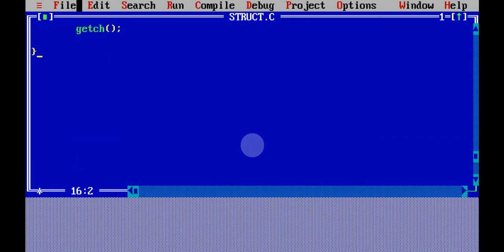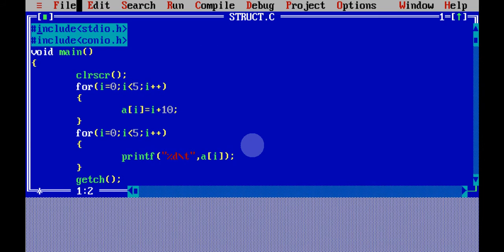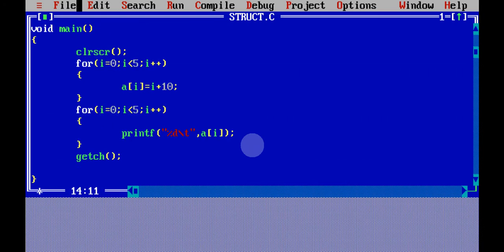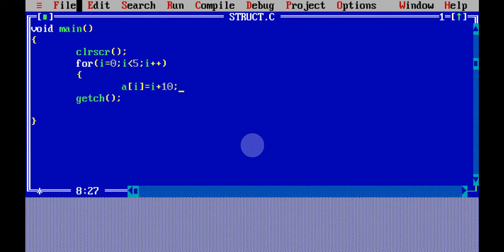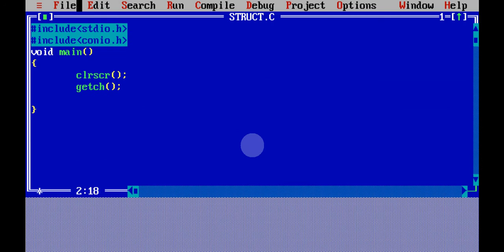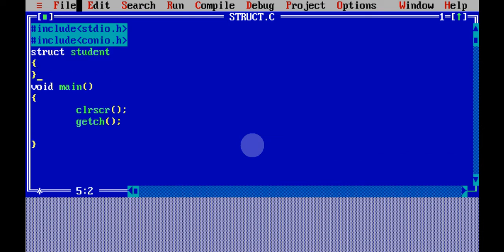So instead of doing that, what we will do now is create a structure, or a data type of our own, and that data type will be capable of storing data of an individual student. So for that we use a structure. To define a structure we use the keyword struct. So it's like I'm creating my own data type. So I'm saying student. I want to create a data type called student,